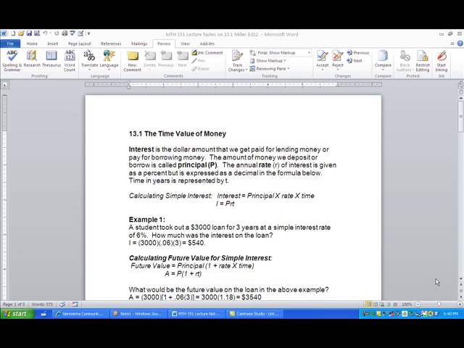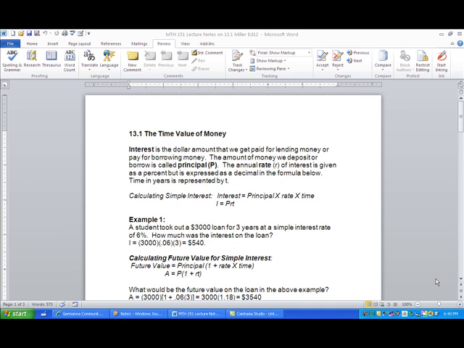Today we're beginning chapter 13, which is on personal finance. And in 13.1, we're taking a look at the time value of money. So basically in this section, we're talking about interest earned on money that is deposited or interest paid on money